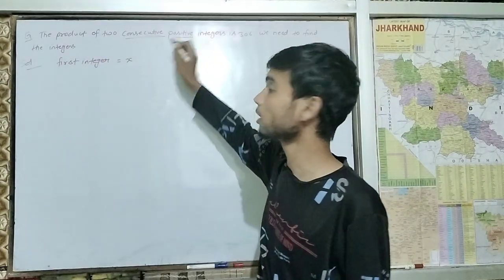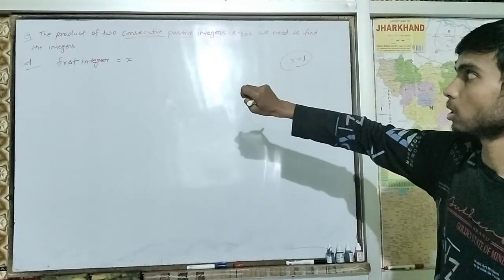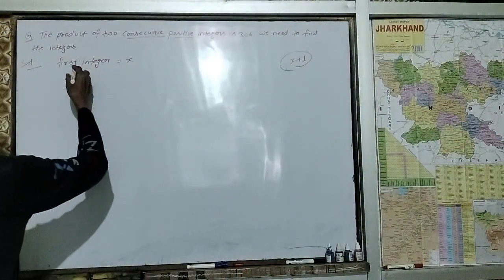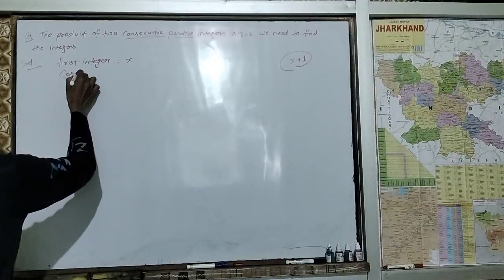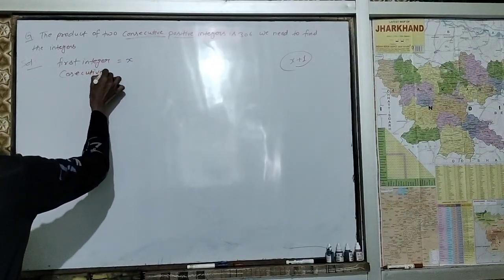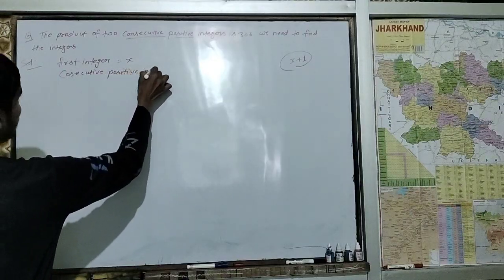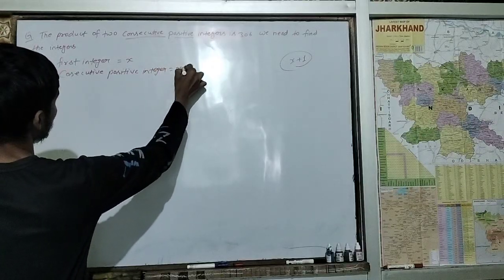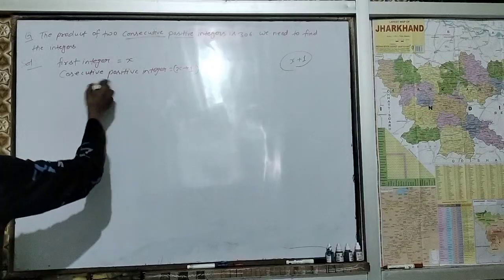Here positive integer, and consecutive which means x plus 1. So this is first, and the second consecutive positive integer is nothing but x plus 1, and the product of both